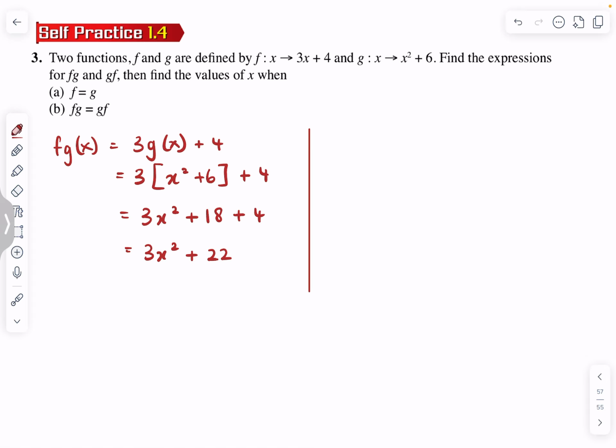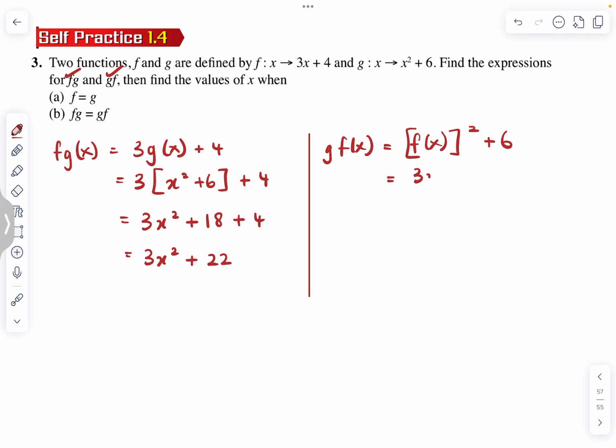Next, they asked us to also find gf. So let's find what is gf(x). So if g(x) is x squared plus 6, g(y) is y squared plus 6, g(ball) is ball squared plus 6, gf(x) would be f(x) squared plus 6. Now we know our f(x) is this, we put this into the f(x). So (3x plus 4)